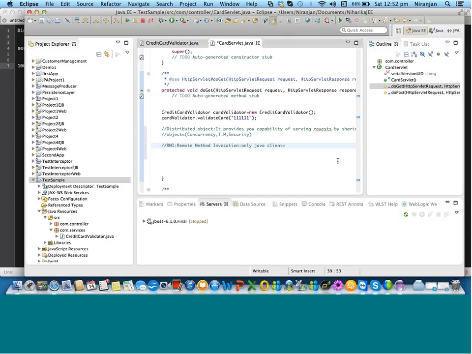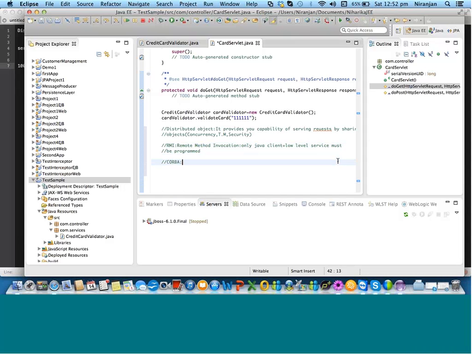Apart from that, the developer has to handle the complexity of concurrency and transaction management programmatically. So all these low level services, I'll write here low level services so that you can understand, must be handled programmatically by the developer. Must be programmed. Now, in order to remove the deficiency of RMI, another specification came up, that was